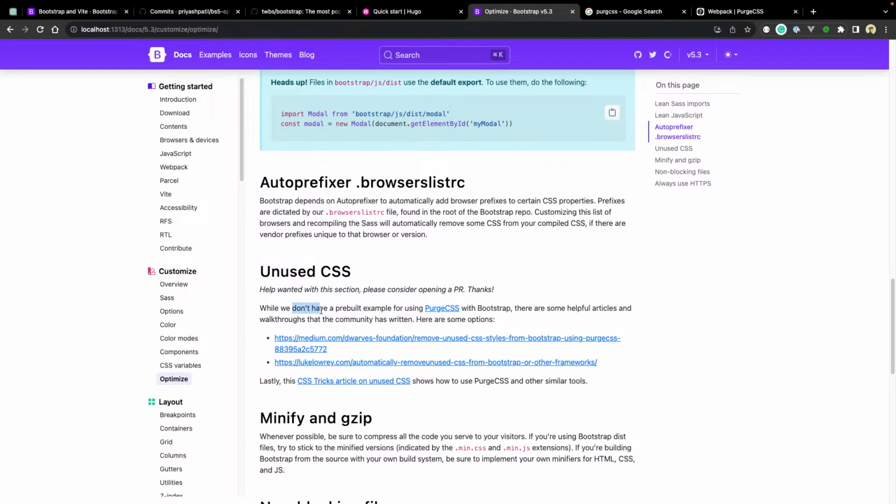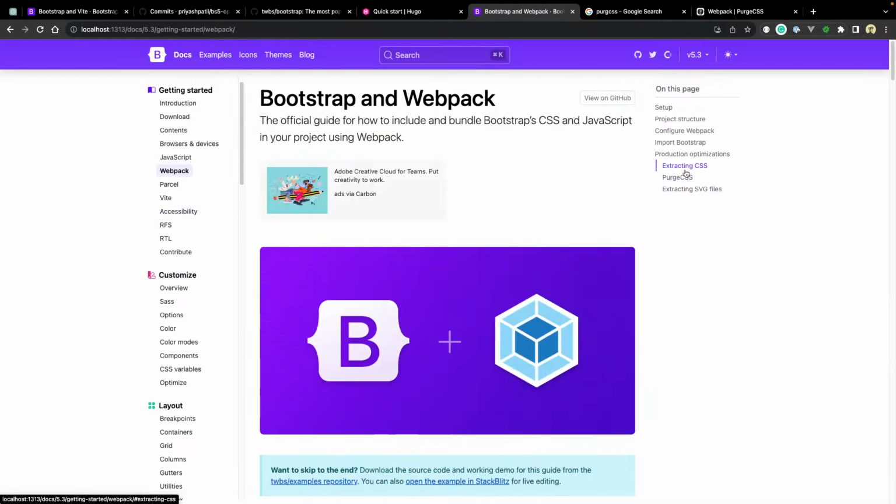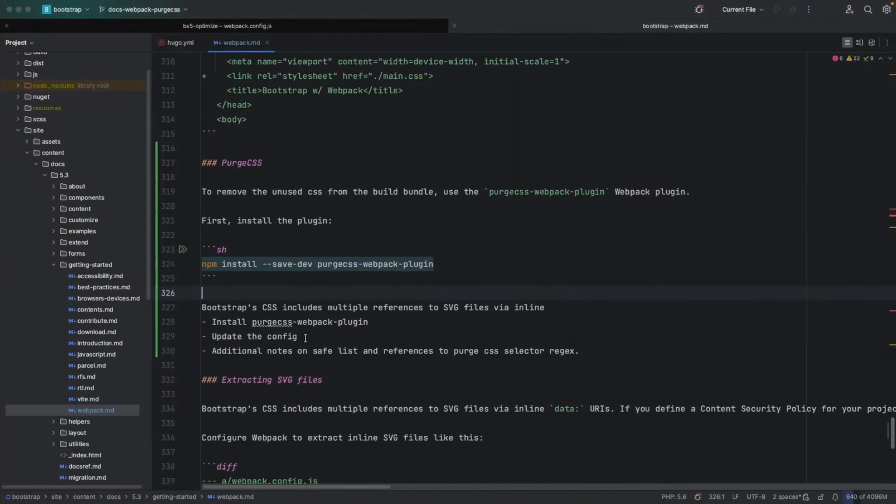Production, unused CSS. Extracting CSS. This is more of a brand statement or something. So in order to make it, we can say something like remove unused CSS. To remove unused CSS,